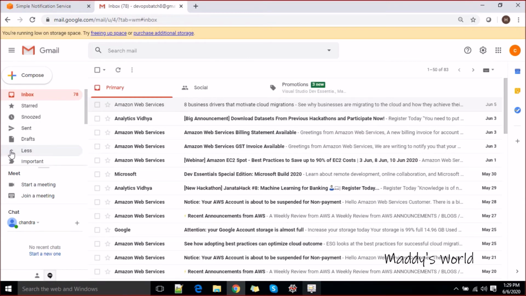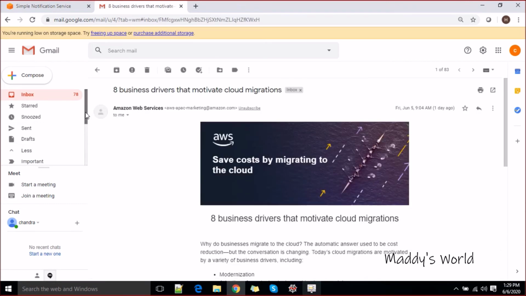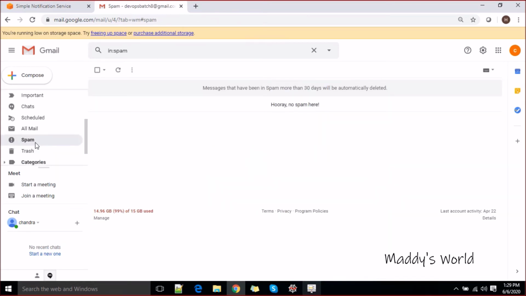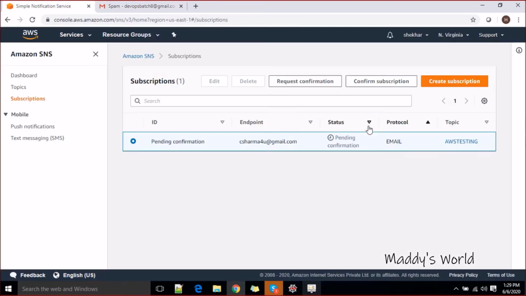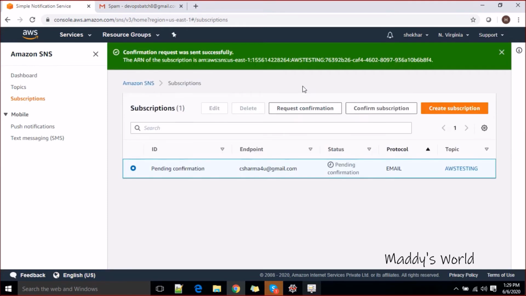Where it's saying the notification. Okay, let's request confirmation once more. I think this is the confirmation URL. So let's copy this and see if this works now. Okay. It says confirmation request was sent successfully. So is it sending to C Sharma for you? I'll have to check this too.